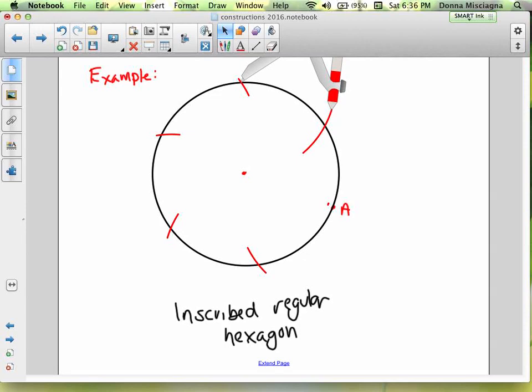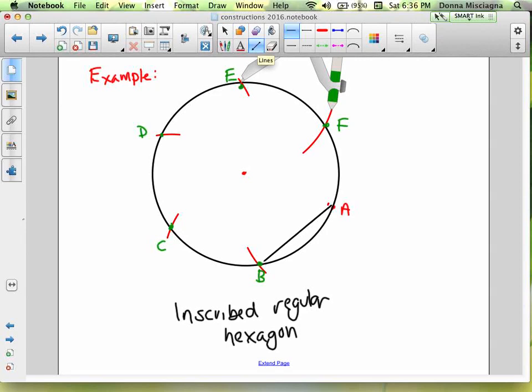All right, so I'm going to mark my vertices, and I'll call this B, and I'll call this C, and I'll call this D, and I'll call this E, and I'll call this one F. And now, because I want straight lines and I can't use a ruler, I'm going to use a line tool. All right, and so A to B, I got to fix that one line there, doesn't hit A. And B to C, and so you'll just use a ruler, C to D,